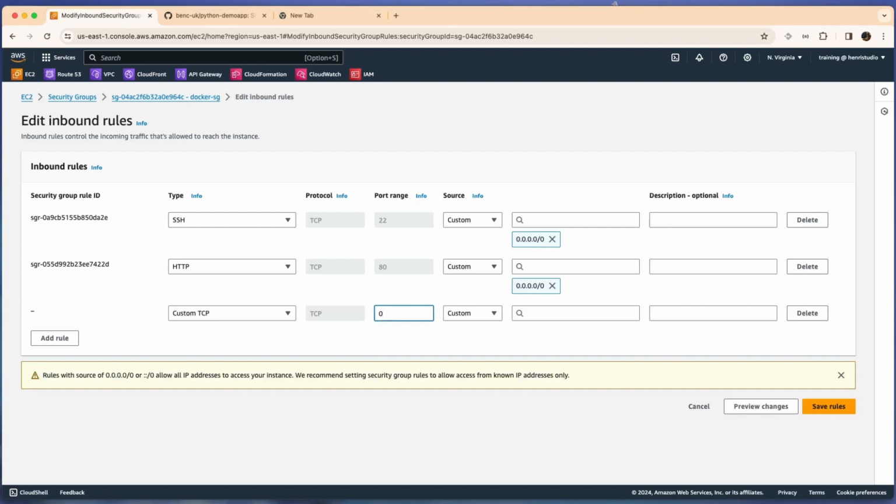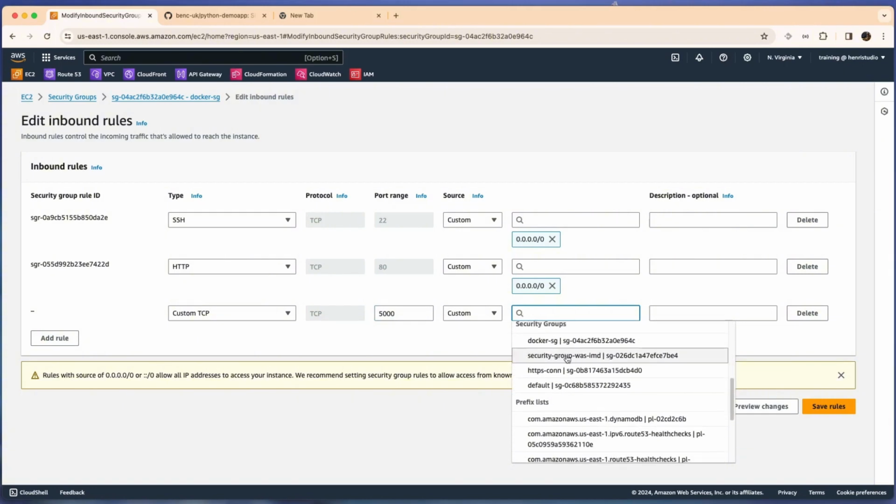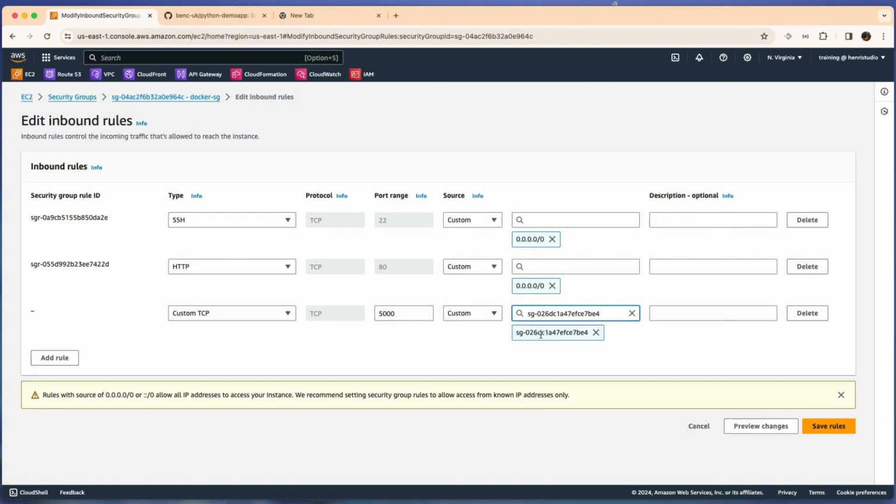We need to add port 5000 and we'll allow this traffic from a security group. This security group is our ALB, our Nginx web server.